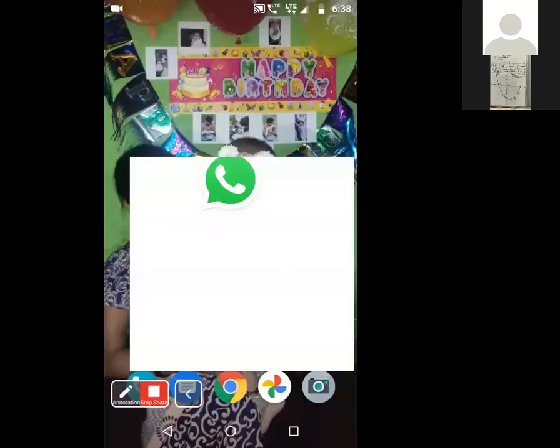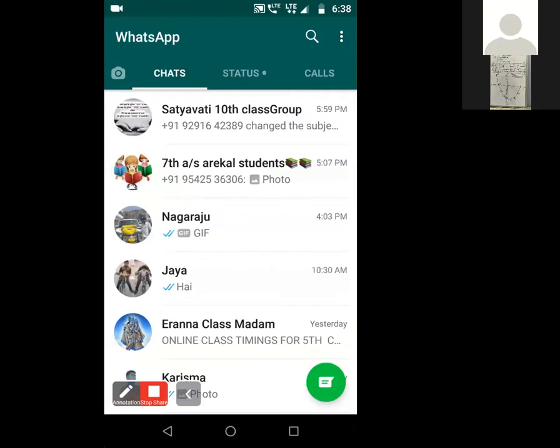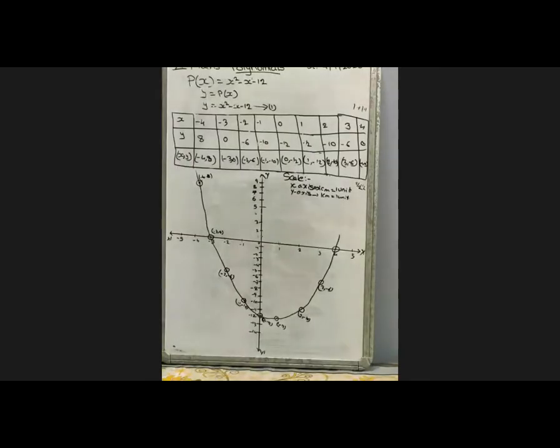In exercise 3.2, they give some exercise problems, ma. You have to do those problems. You have to find out the zeros of the polynomial, and you have to draw the graph, and after that you have to do the solution. Okay, ma? I think all of you will do that. And after that, we'll go to the next topic, ma. With this, we'll complete the graph.